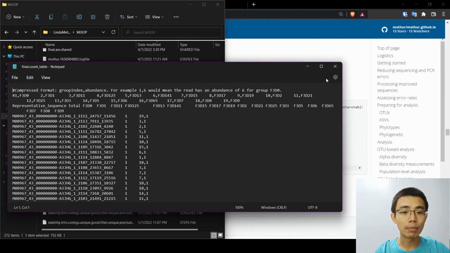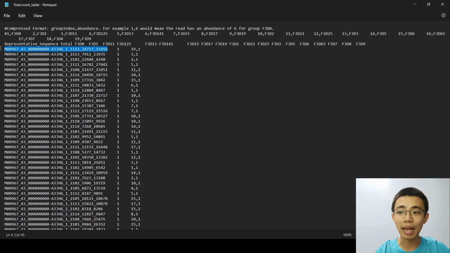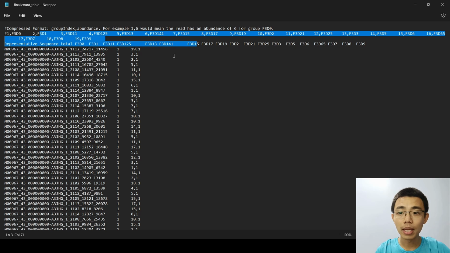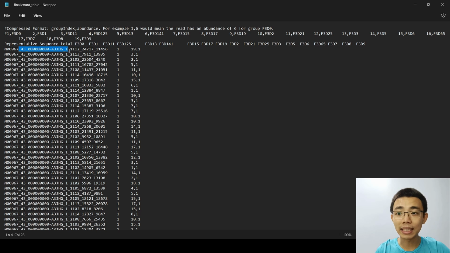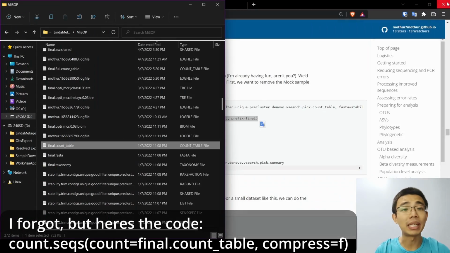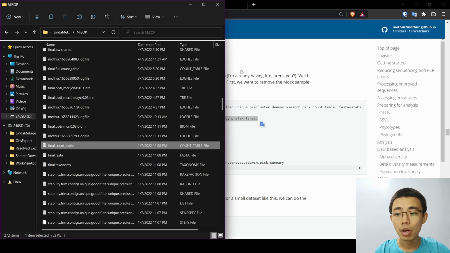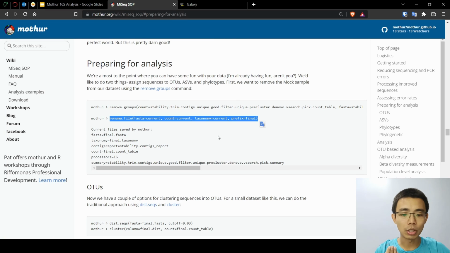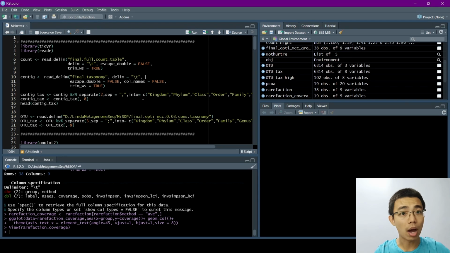We also have the count table, which tells us how many times each contig has appeared in each of our samples. You can see these are the names of the samples, and 119 means that this contig appears 19 and 1 times in each of them. I'm going to show you how to create a sparse matrix later, so that it's easier to understand. And instead of looking at them like that, you can also go to R and import them as a delimited